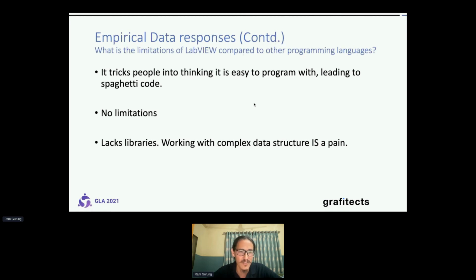Okay, or spaghetti code, or in India we call it khichdi. Whoever has visited that, let's not go into that again. And somebody believes that there are no limitations also. This is also good. Again, some people actually said that it lacks libraries, and working with complex data structures is a pain. Possibly these kinds of things can be resolved, but I think these are very specific problems for specific kinds of projects. But these things have to be resolved if we need to go head to head with